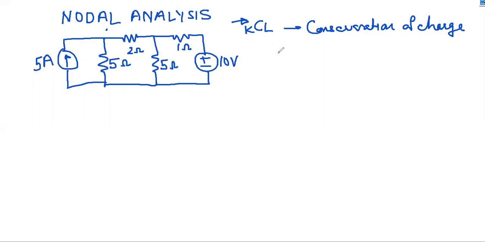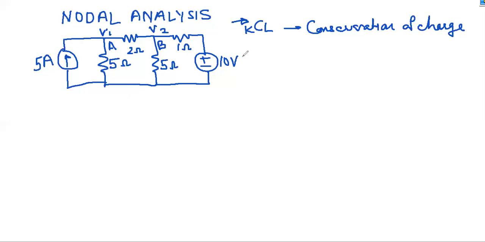In the given circuit, it is necessary to identify the number of nodes. A node is a point where current is distributed in different directions. So in the given circuit, we consider a first node V1 and another node V2, at points A and B. We consider the unknown voltages V1 and V2 at points A and B.